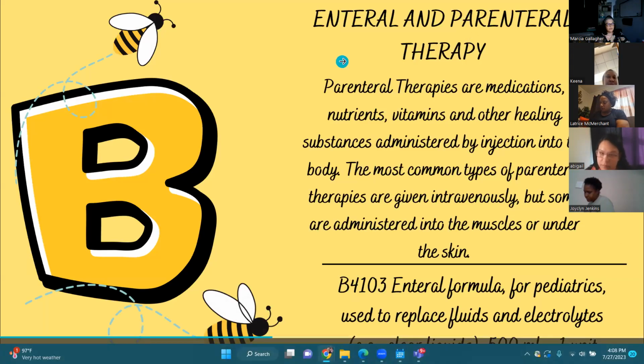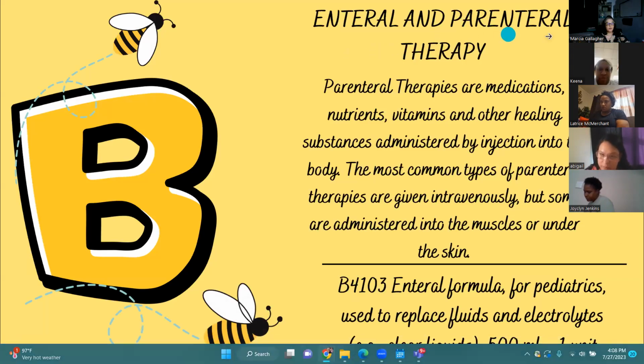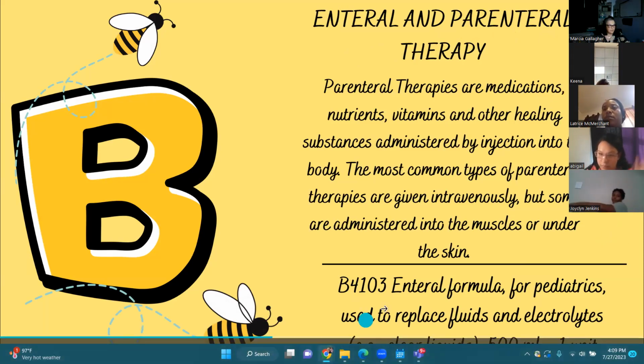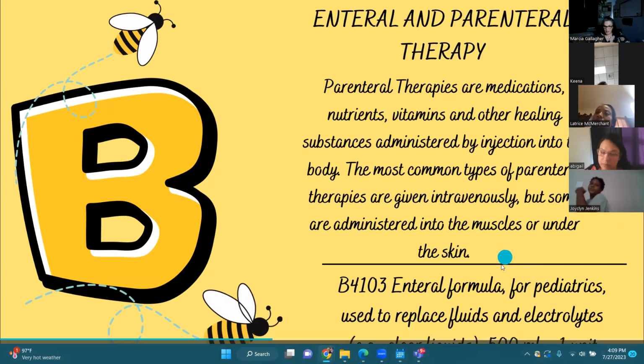B is enteral and parenteral therapy. Parenteral therapies are medications, nutrients, vitamins, and other healing substances administered by injection into the body. The most common types of parenteral therapies are given intravenously, but some are administered into the muscle or under the skin. Now, I just put an example,